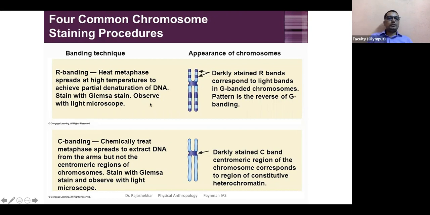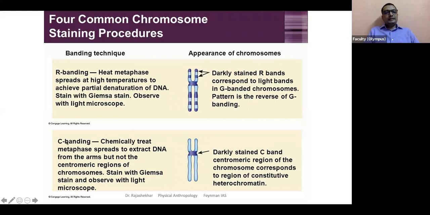How does that work? First, before staining them, they apply some heat to these chromosomes. They heat the metaphase spreads. Heat will release the chromosomes. The regions which were lighter before will become darker after staining. So the difference is how they treat it. Initially they treat it with heat, which results in denaturation, meaning opening or loosening of the regions. And then they stain it with Giemsa. The banding looks reverse to what we have seen before because there is an uncoiling that happens in those regions and some sort of semi-coiling in the other regions. So the banding pattern is called a reverse banding pattern.